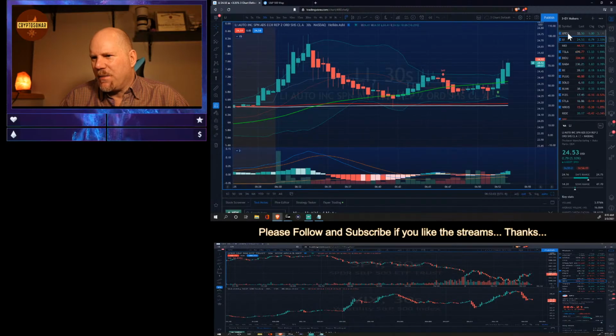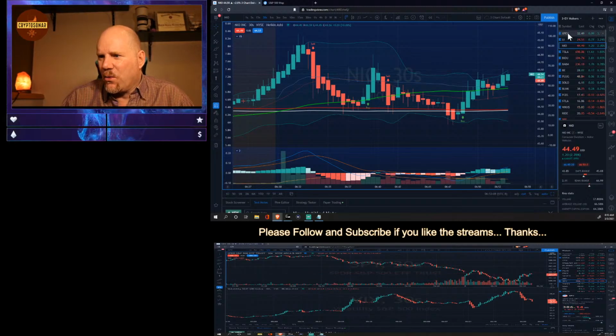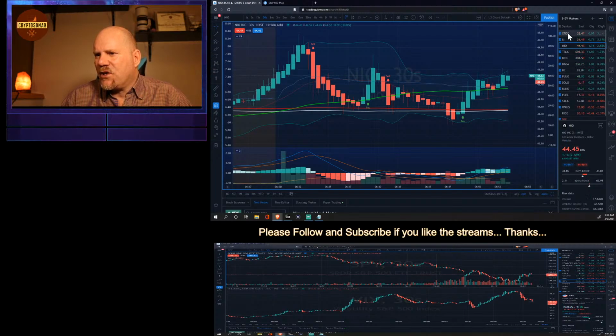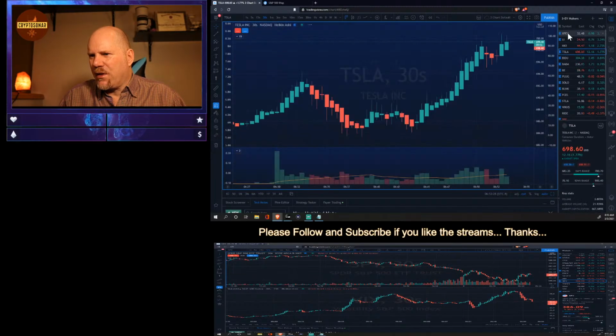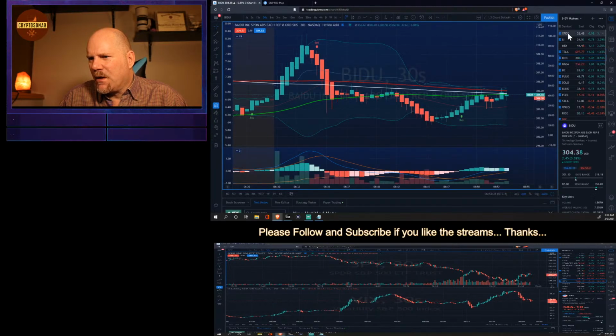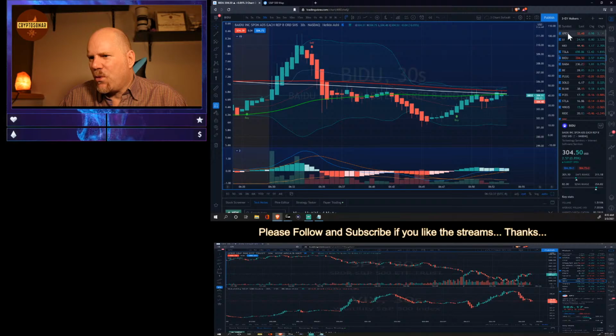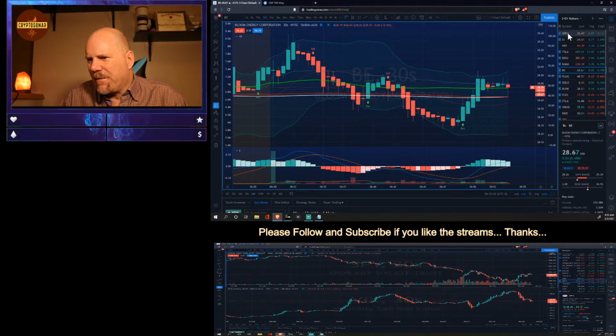But Li Auto has actually been a really, really good one. But again, I think that if Trump would have been elected or re-elected, you could have seen pressure on these from the standpoint of sanctions on China. I think those are off the table, and if anything, the tariffs, pardon me, that you do see on some of the China stocks might actually be pulled back under the current Biden administration. So Tesla up 1.7%, Baidu up 2.61%. Alibaba's up a little bit.